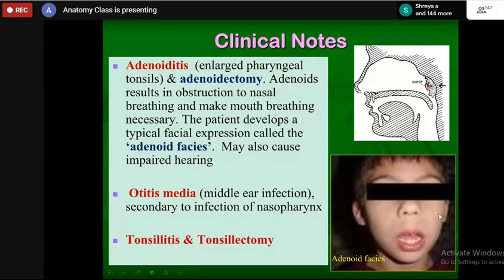What happens in adenoid face? The enlargement of the nasopharyngeal tonsil obstructs nasal respiration, so the patient will inhale air through the mouth, and it makes the